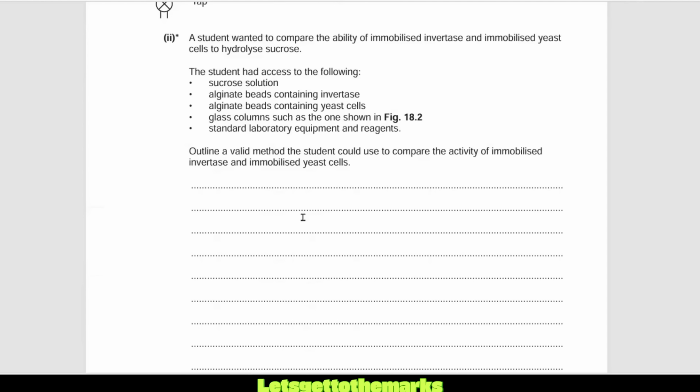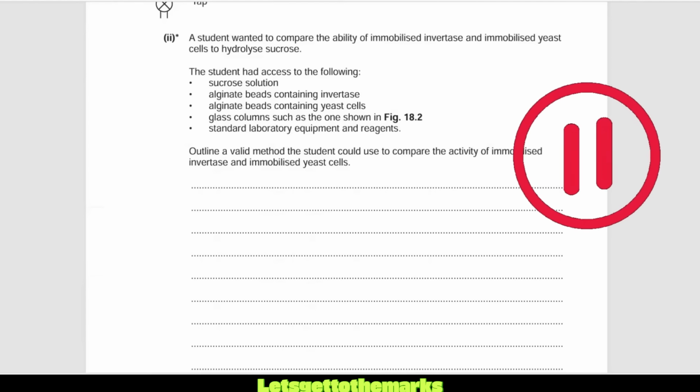Okay, so it's a 6 marker. What we need to do is discuss your independent variable, what you're going to change, what you're measuring, the dependent variable, and how you're going to measure it, what equipment you'll need to measure basically the rate of reaction for those two. And also, we need to talk about the control variables, and that should wrap up all your 6 marks. So try and break it down into that. Independent variable, how you're going to do that, what concentrations, etc., you're going to use. Dependent variable, what you're measuring, how you're going to do that, and then control variables, what you're going to keep the same. Why don't you pause the video, see if you can scribble those down, and then unpause and watch me go through the explanation.